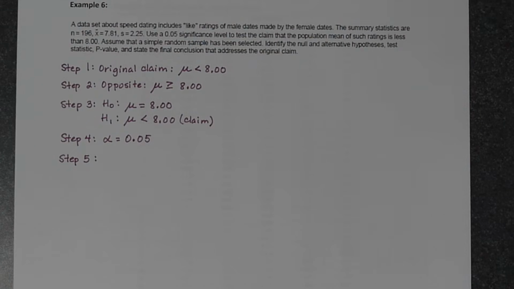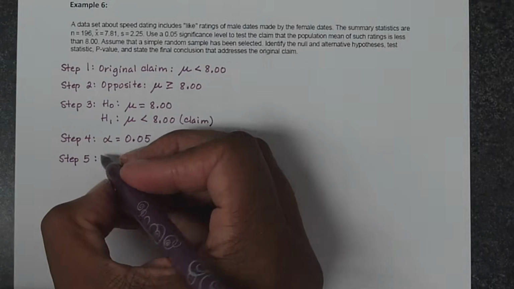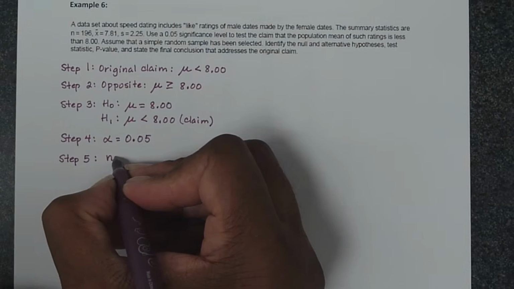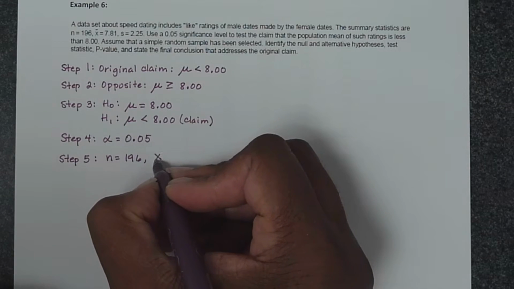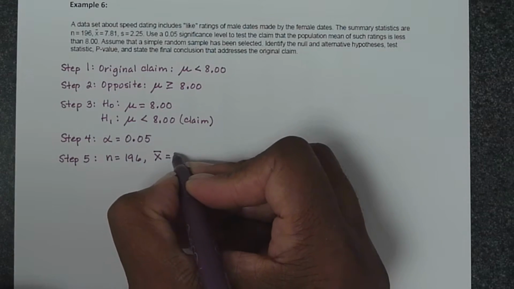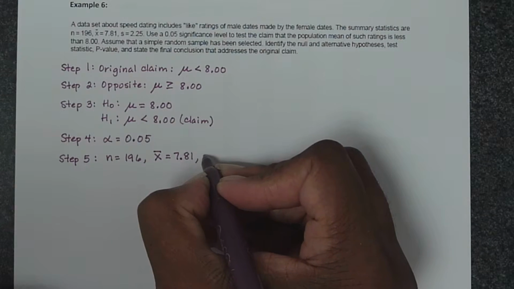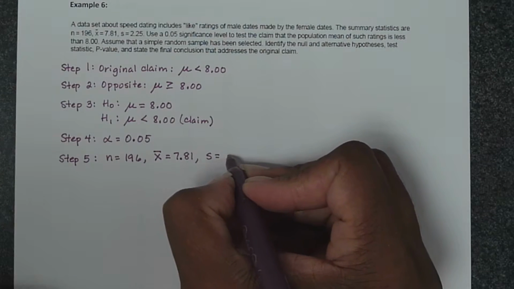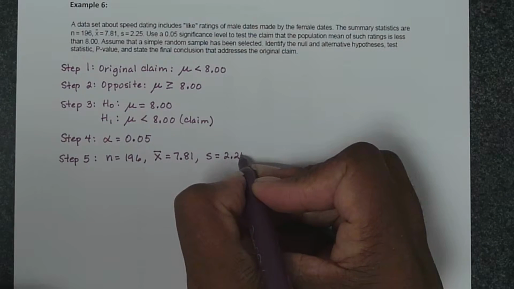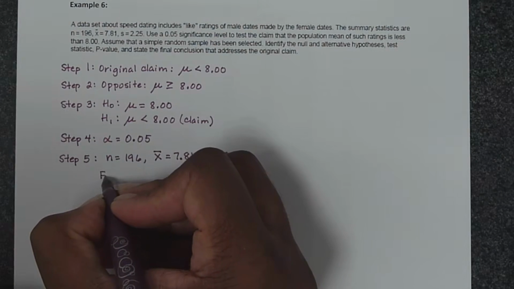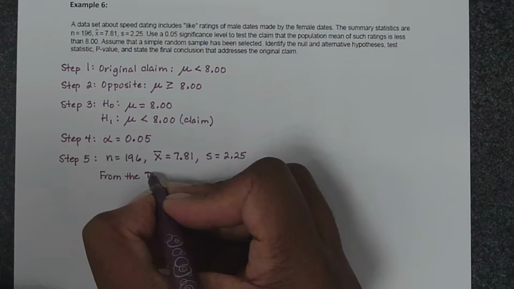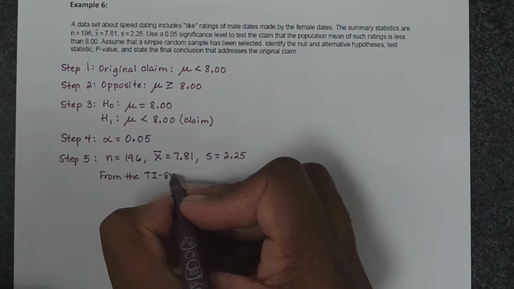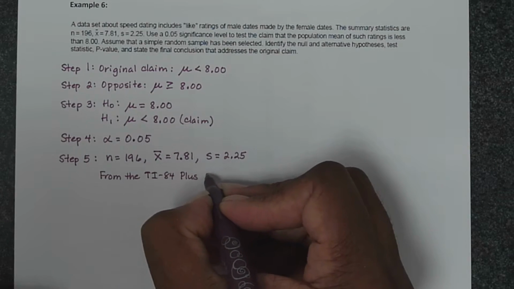Now step number 5, of course, we can use our graphing calculator to do this. So here we have our summary statistics where the sample size n is 196, the sample mean, which is x bar, is 7.81, and s, which is your sample standard deviation, is 2.25. So from the TI-84 Plus calculator,